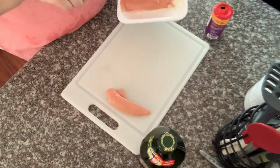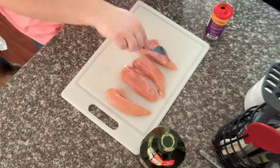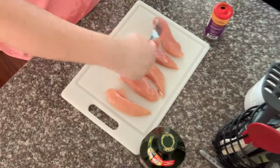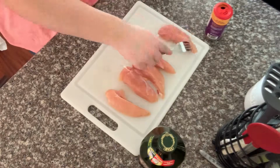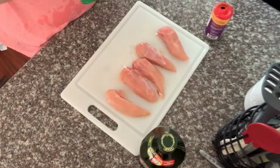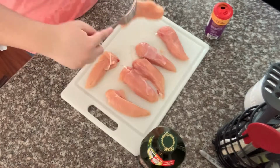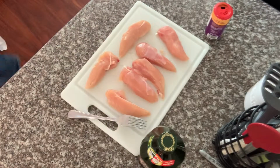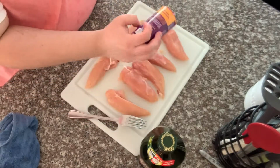All right, so the next night, this was probably my favorite dish that I made the entire week, but it is my blackened chicken Alfredo recipe, and it's super easy and super flavorful and very good. But basically, to start, I like to use chicken tenders. You can use chicken breasts, whatever you like, but I place my chicken tenders on a clean cutting board and